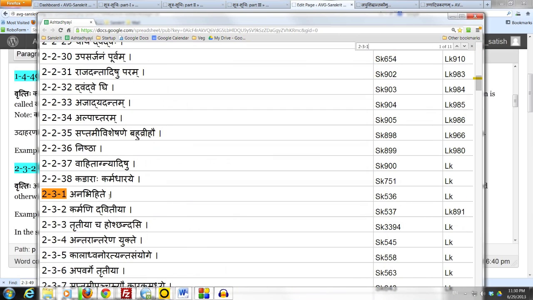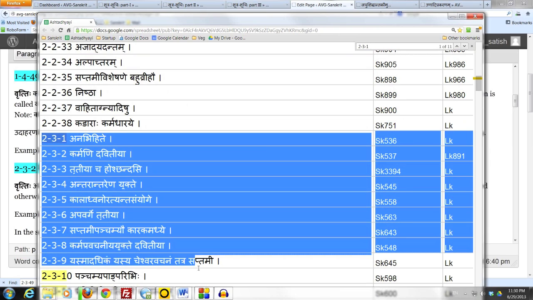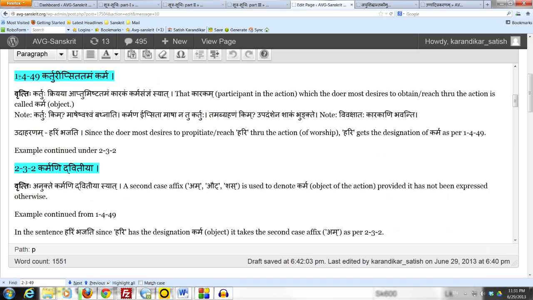So whenever the question is asked why a particular vibhakti is used in a particular situation, the final answer is going to be given by a sutram or a vartikam in the third quarter of chapter 2. For example, here we got the karma sanya by 1449, but to assign Dvitiya Vibhakti, we have to come to a sutram in 2.3. Okay, now what is this thing about Anukte Karmani?